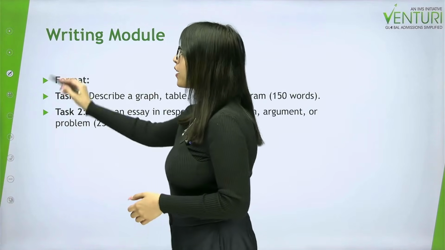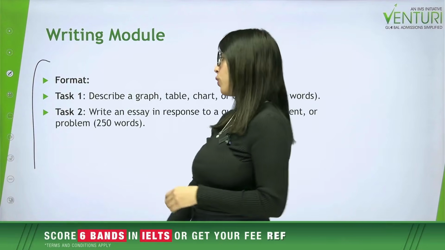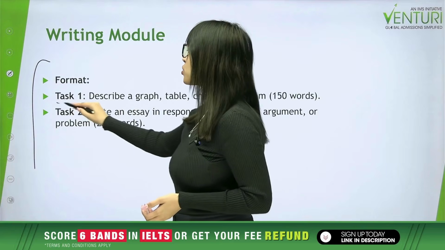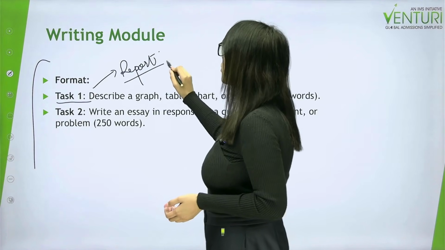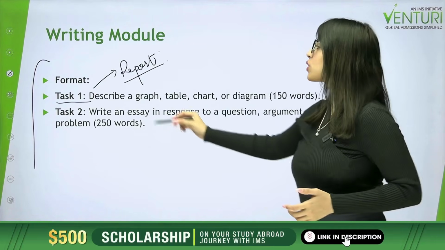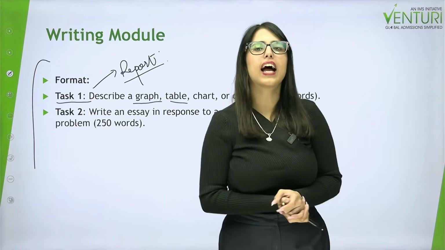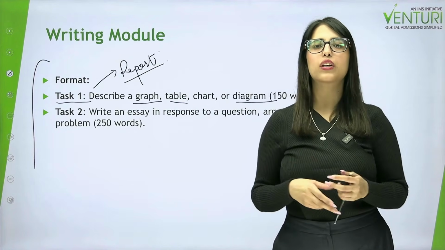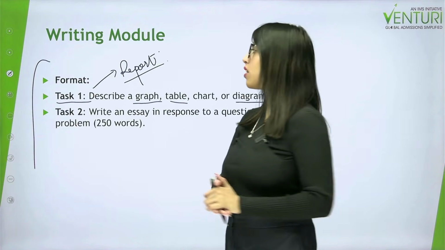So what is the format? I told you earlier as well in my last slide that there are going to be 2 tasks assigned to you in your writing module. Now what can we expect separately for both of the tasks? So for task 1, you are supposed to write a report, okay? So here they are going to be giving you visual data to work with. Now what kind of visual data can you expect? So you can either expect a chart or a graph or a table or some kind of diagram that you will have to deal with, and then you will have to report the main features or trends that you see in those particular visuals that are given to you in the question paper that you are getting.